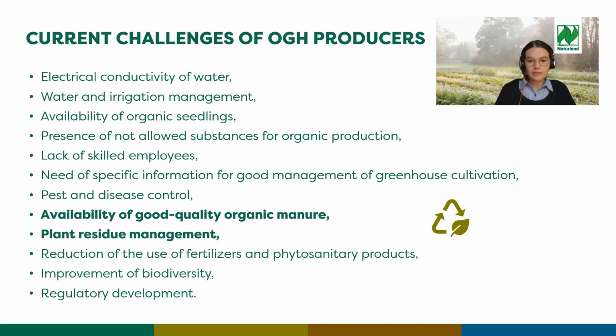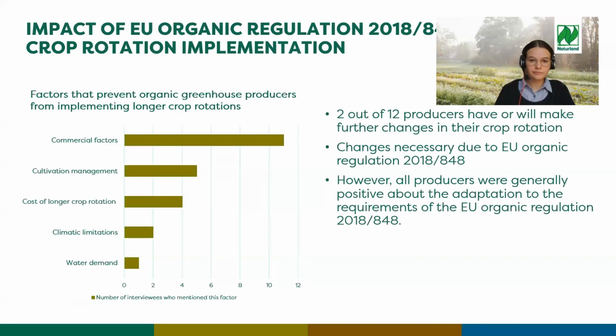And thirdly, regarding the input of organic materials, there is a lack of availability of good quality organic manure as well as uncertainties about plant residue management. And furthermore, I want to present to you the impact of the EU organic regulation on the crop rotation, according to the interviewed producers. So I was identifying and categorizing factors that prevent organic greenhouse producers from implementing a longer